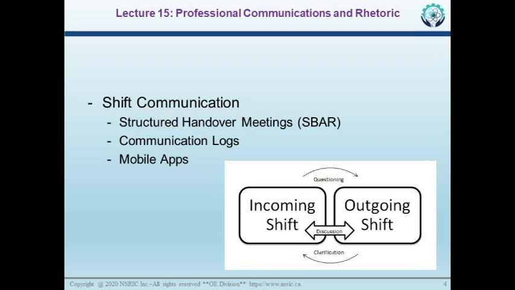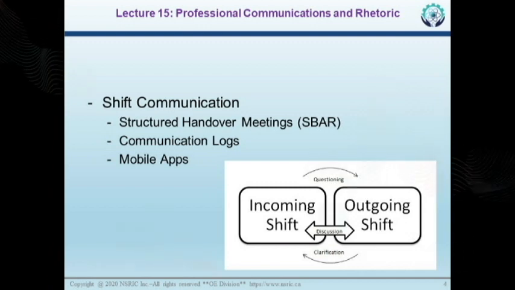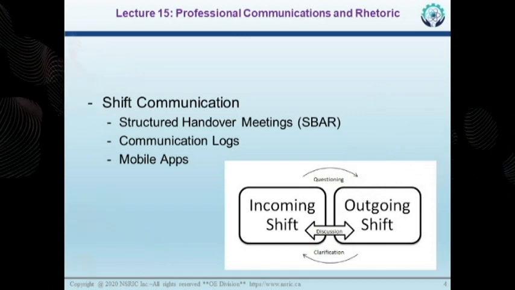Then there's StaffLinQ, so it's Staff Lin with a Q. So StaffLinQ is how it is written when you say Staff Link. This is a mobile app that is designed for use in the hospitality industry. However, it can be used in the social and community service setting. The app allows managers to communicate with their staff and assign tasks. And staff members can also use the app to view their schedules and request time off.